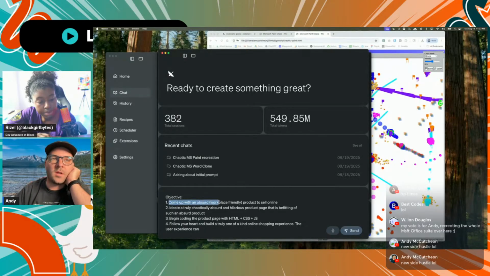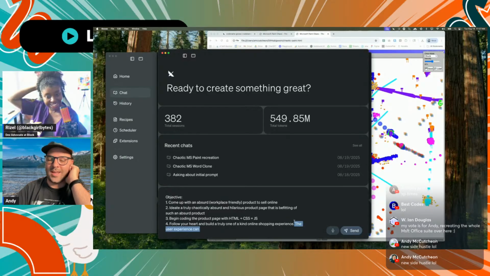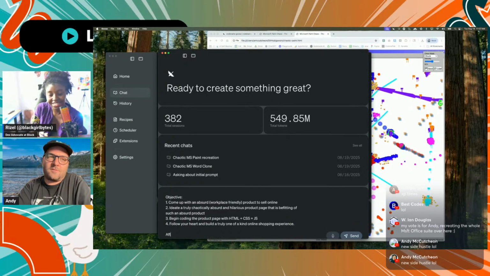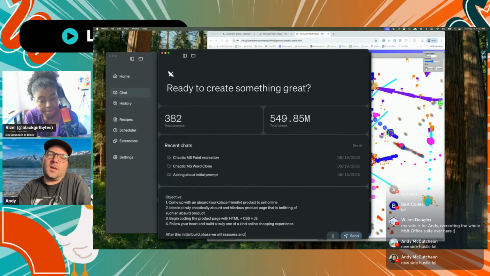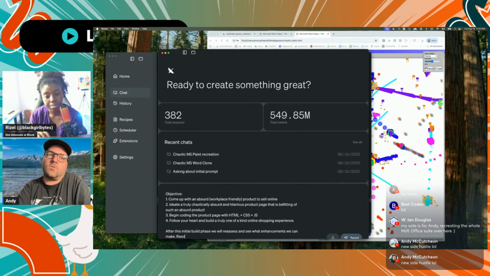The first one is I'm going to have it come up with a truly absurd product that we want to sell online, and then it's going to ideate a chaotically absurd and hilarious product page that is befitting of such an absurd product, and then begin coding the product page. Goose is going to follow its heart and build a truly one-of-a-kind online shopping experience. And then after this initial build phase, we will reassess and see what enhancements we can make. Ready? Oh boy.